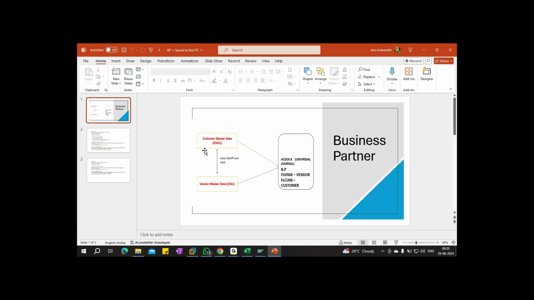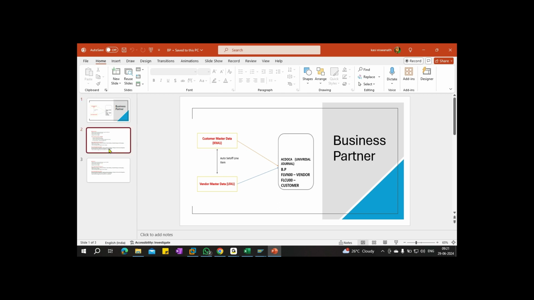See here, customer KNA1, vendor LFA1. So observe, general data properties are the same, only company code data properties may vary. So in that, they maintain business partner, with FLVN00 for vendor and FLCU00 for customer. Here we maintain grouping. Under the group, we maintain vendor line layouts and customer line layouts. Instead of creating two different components at a time, we can configure. And the test case is everything the same as today, but at master data level, changes are there.